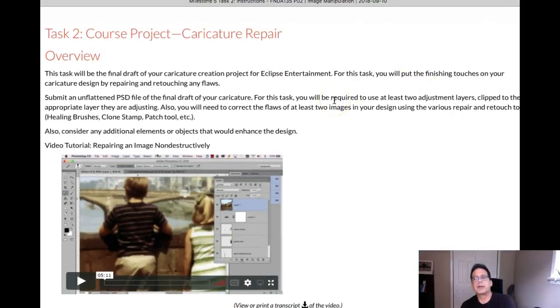This video is to show you how to non-destructively create repair layers on your file. And this is specifically for task 2, course project for caricature repair. What we're going to do here is create repair layers, but we're going to do so in a non-destructive workflow. Now this video is here because this goes over the textbook exercise, which of course was